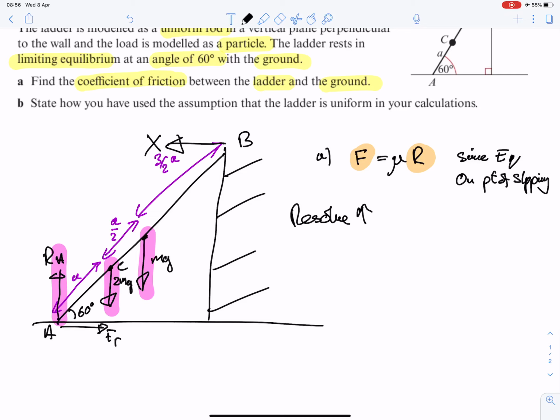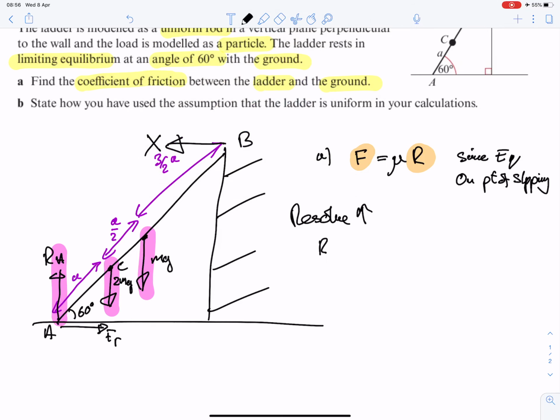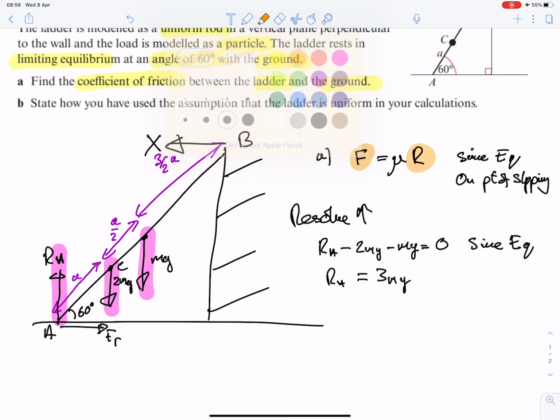Resolve vertically. So let's look at our vertical components. What have we got? For our vertical components, we've got RA is vertical, 2M and M. Now there's something missing on that diagram, isn't it? It should be 2mg as the force and mg as the force acting downwards. Are there any other vertical components? I can't see any. So we've got RA minus 2mg minus mg equals 0